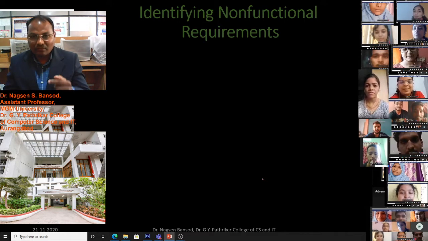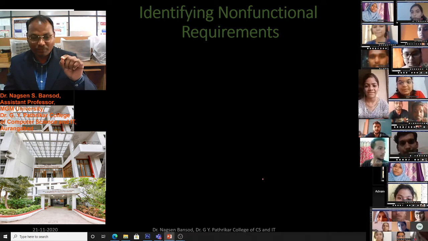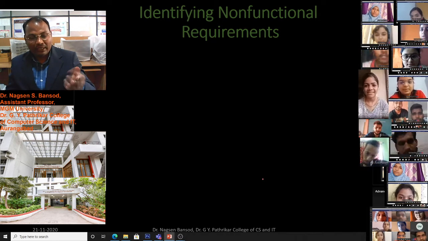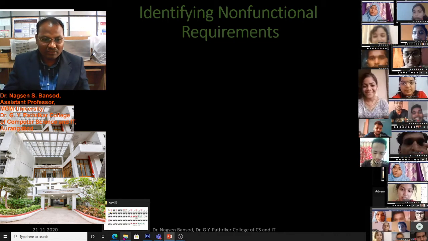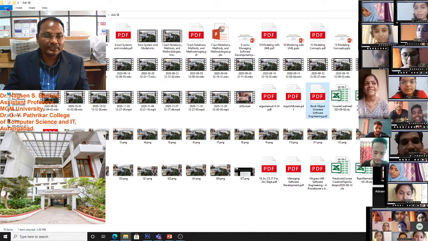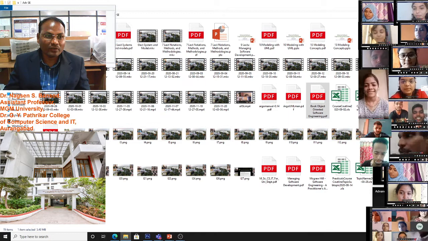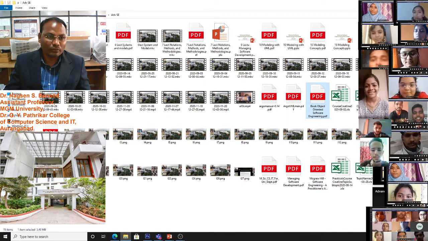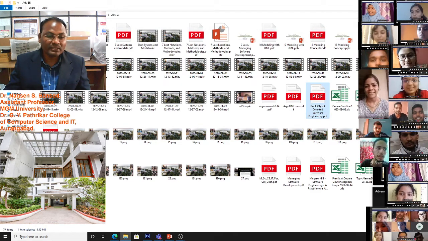But functional requirement means functional things. In software there is a file option. If we click on file, we can get other functions. We can get a new button, we can get an edit button. These are the functional things. You see here in this software, here is the file option. This is functional. If I click on this to open a new window, I will get a new window. Here is view, home. These are the functions.